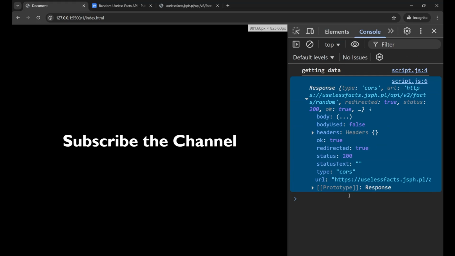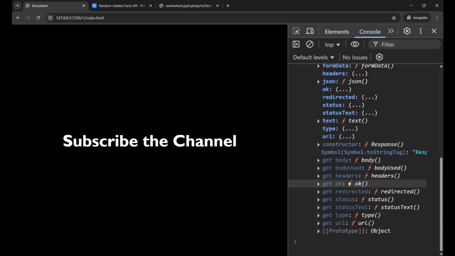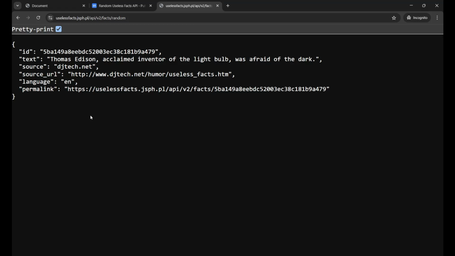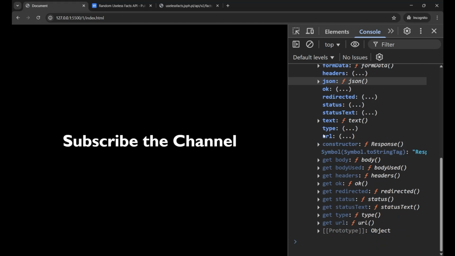As you can see here, I'm getting the response, and inside of this I'm getting a lot of data like body, used, headers, prototype, a lot of things, right? But what we want to take out is this information, and the response is not showing me the same result here. It is showing something very messy.